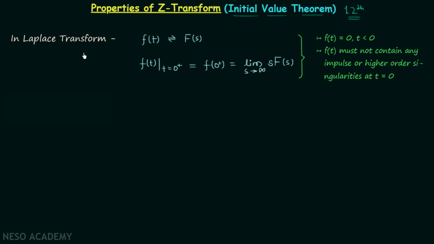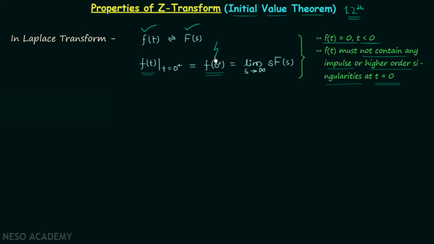studied in Laplace transform. And there we saw that if we have a continuous time signal f(t) having the corresponding Laplace transform equal to F(s), and signal f(t) is equal to 0 when t is less than 0, and also signal f(t) is not having any impulse or higher order singularities at t equal to 0, we can calculate the initial value of signal f(t), that is f(t) when t is equal to 0 plus, which we can write as